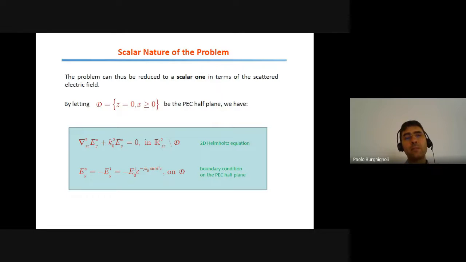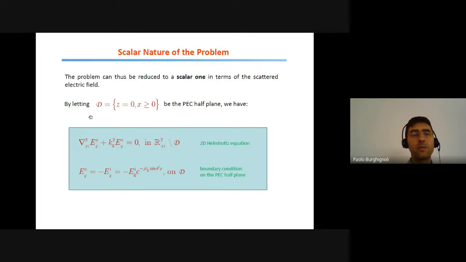If we let D, this calligraphic D, be the region which is occupied by the perfectly conducting half plane, so we are on the plane z equals 0 for values of the abscissa x greater than or equal to 0,